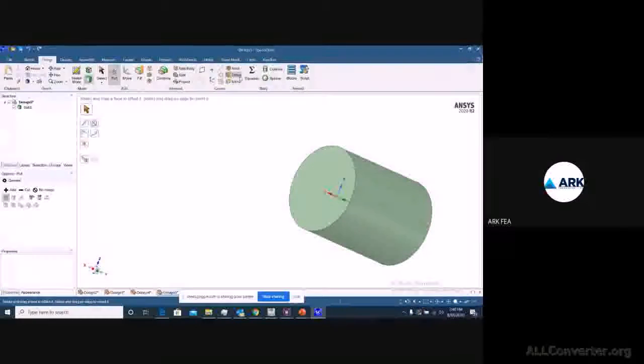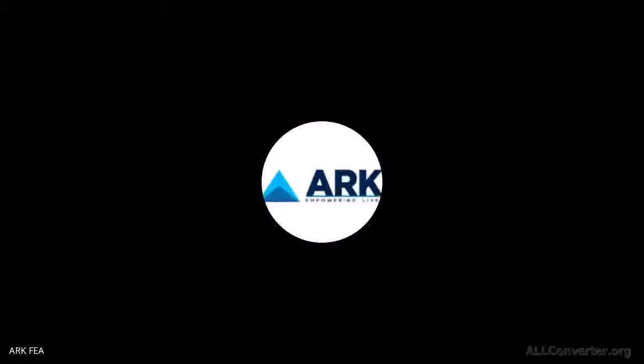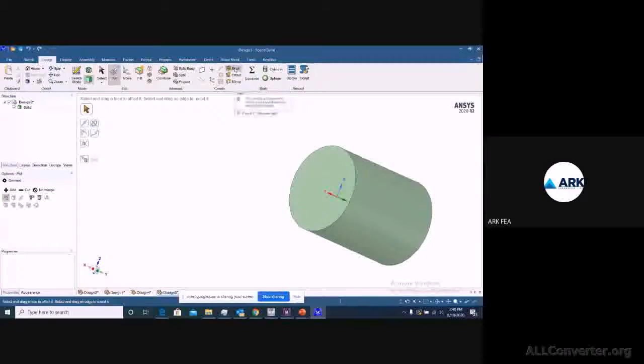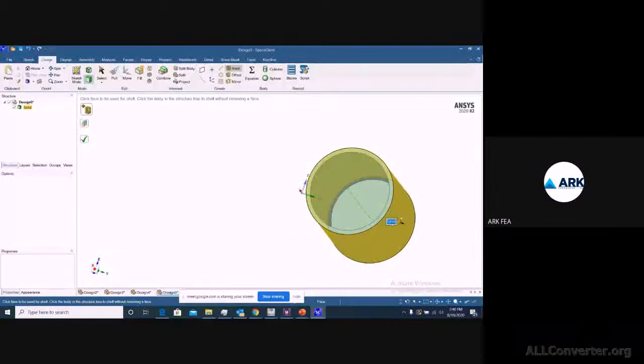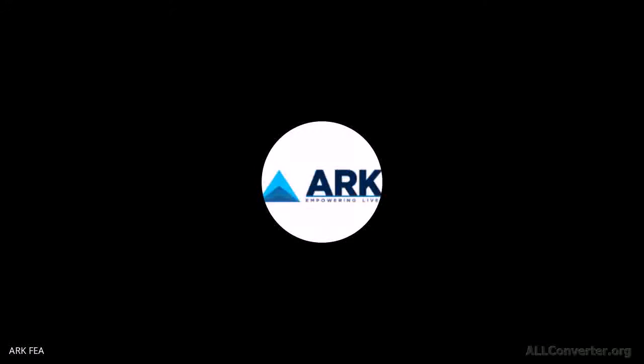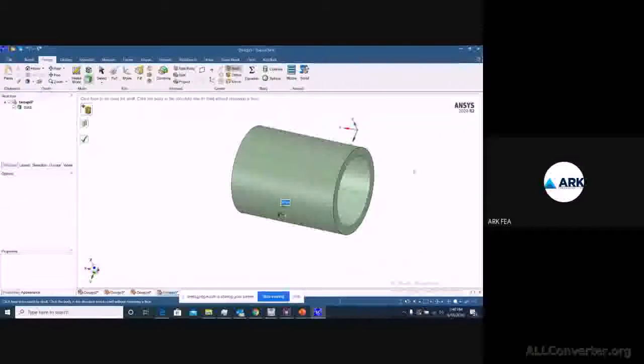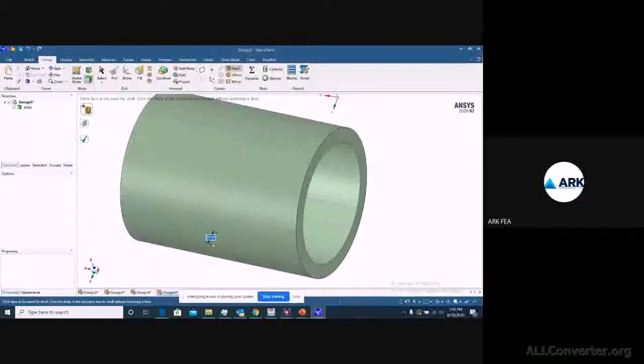So this is the existing one, and if I have to create something like shell kind of geometry, in that condition you can use the shell which you have under this create option, and select the surface which you want to remove and the thickness you want. Right now you can see here this is 1 mm. You can edit it as per your requirement, and also add in the opposite direction.